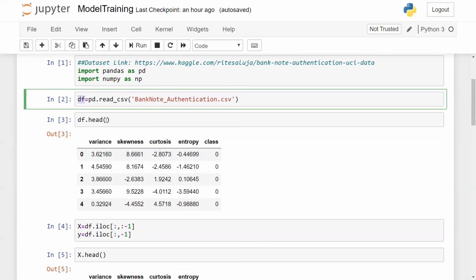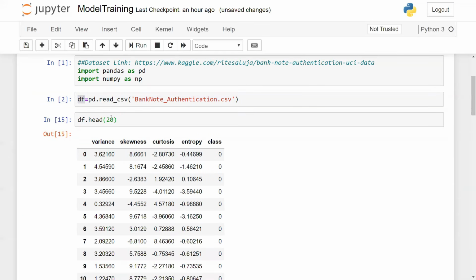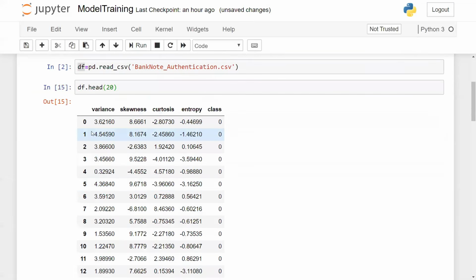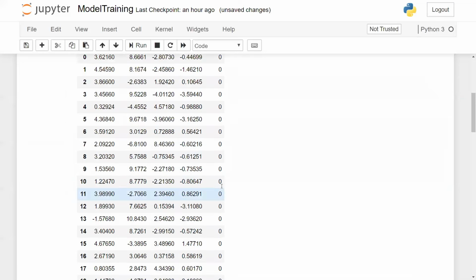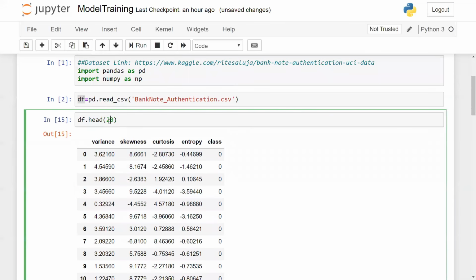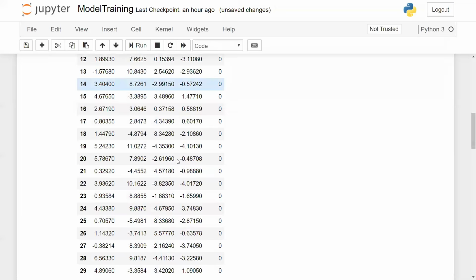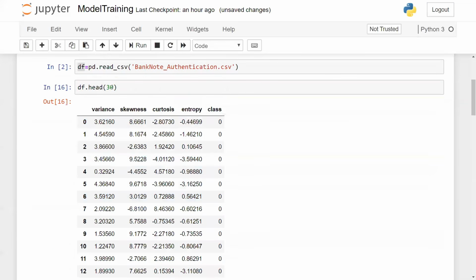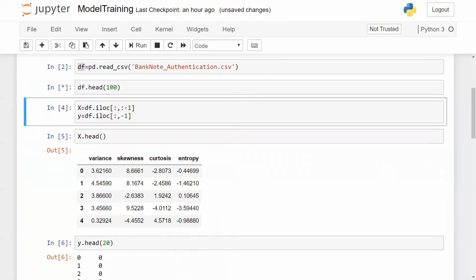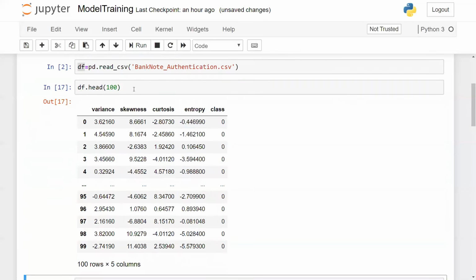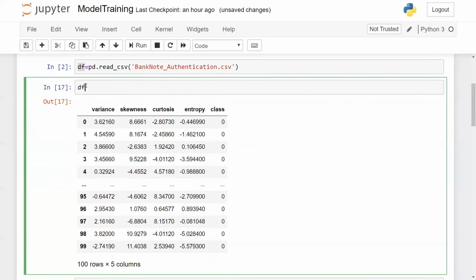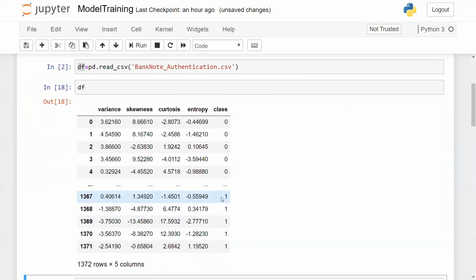When I do df.head, if I take 20 records and show you, you can see that based on these 4 various parameters, my values are all zeros. If you want to really see ones also, let me just see the top 30 records. And okay, in the top 30 also it is not present. So let me see the top 100 records. Okay, still it is not present. Let me just see the whole df, guys. Now here you can see that I'm having all 1s at the end. There are a total of 1371 records. You can see some of the records have zeros and some of the records actually have ones also.